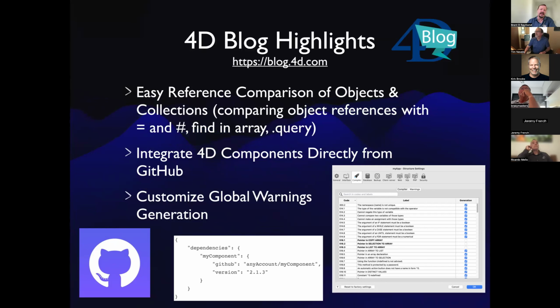That goes along as a natural next step with the dependency manager that was added in R5.